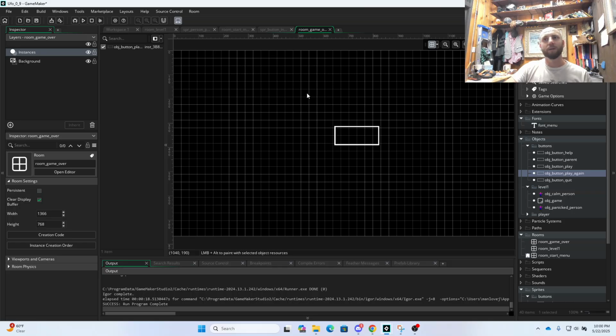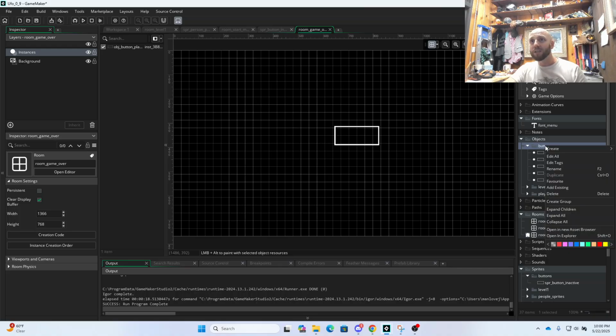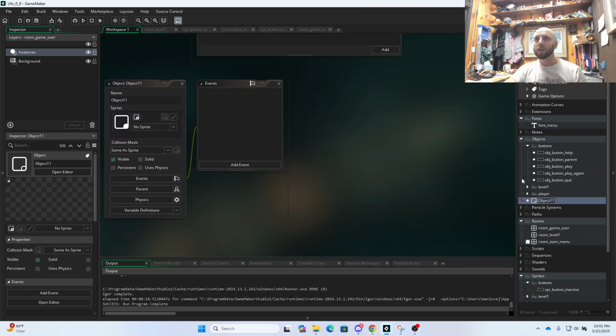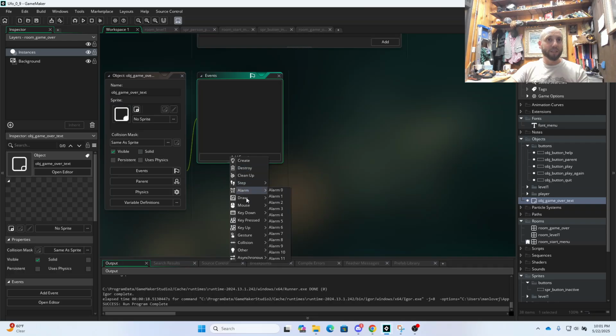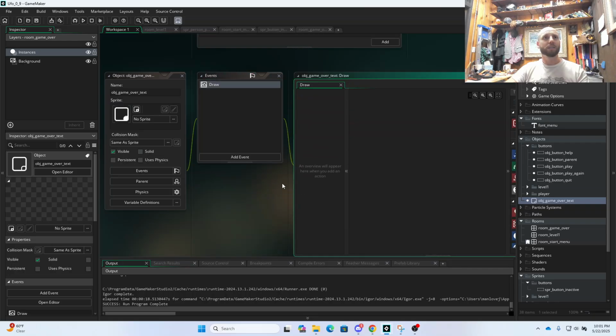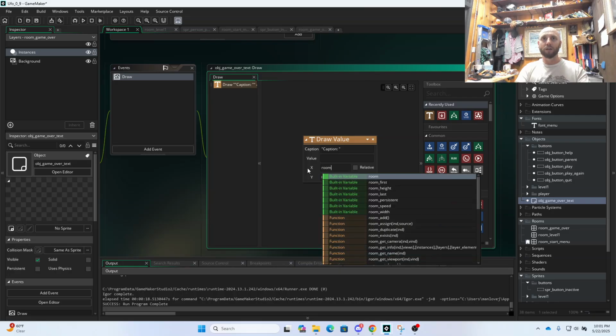And we need some text up here. So we're going to have to add an informative piece of text. I think the easiest way to do that is just to create an object that doesn't have anything. So I'm going to create that loose in the objects folder. That's going to be obj_game_over_text. And this is just going to have the one event, a draw event. And that draw event is just going to draw a value, creatively enough,